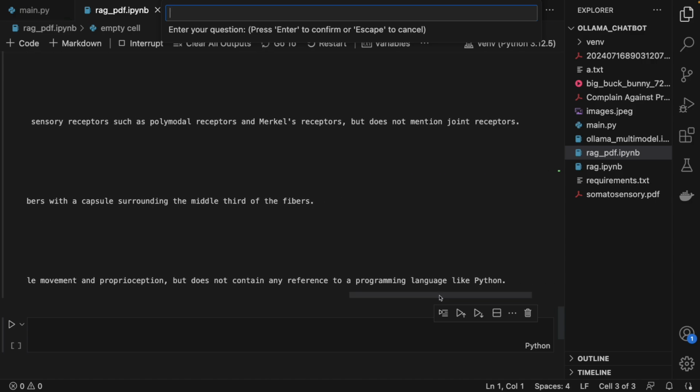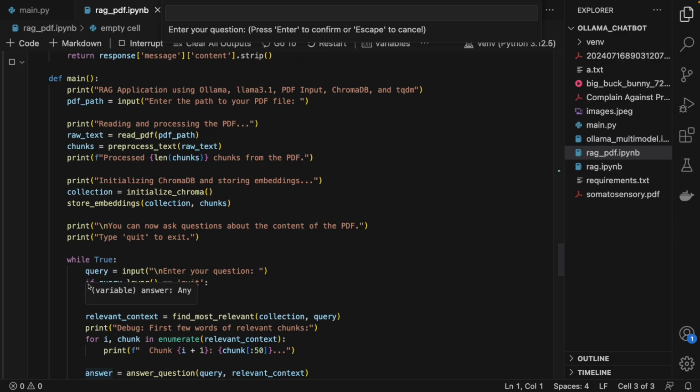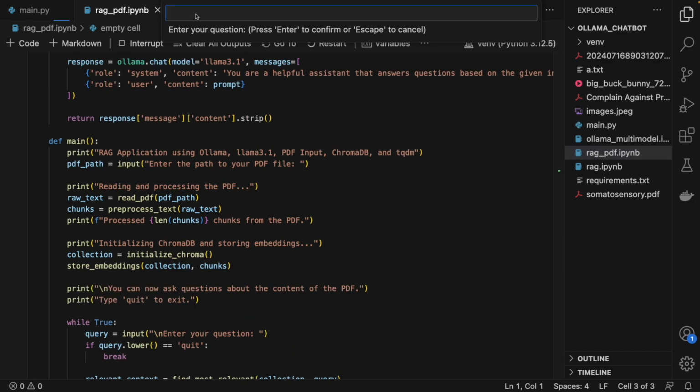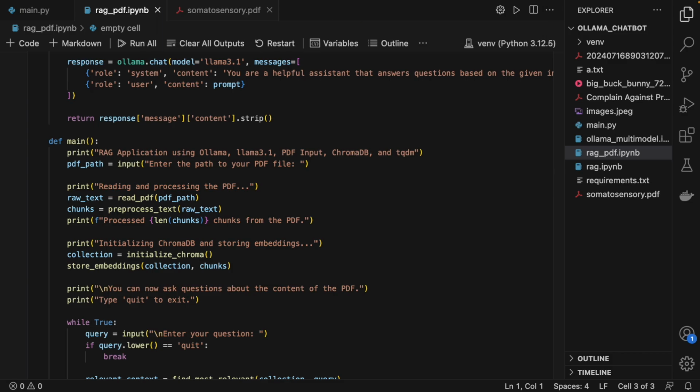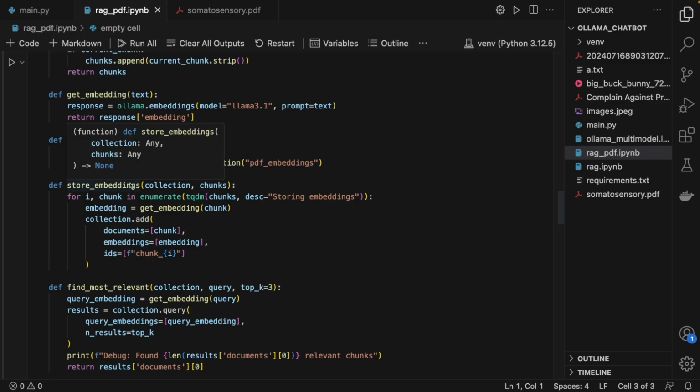So this is how a RAG bot should work, and this is how you can make a RAG application. So also note that you can pass different types of data here to create its knowledge base. You can use PDF, you can use Word files, you can use a site, etc. There are multiple things that you can pass, and just get your RAG application running locally without any API or paying a dime.